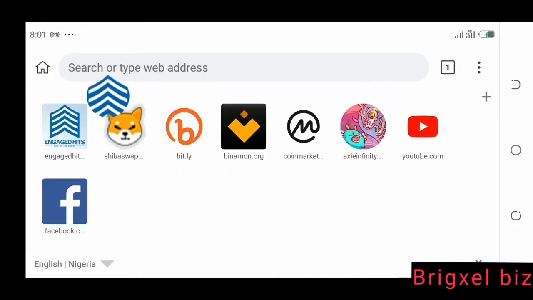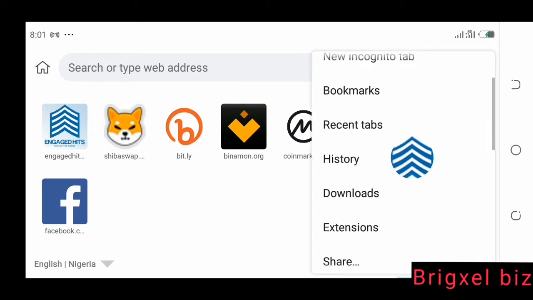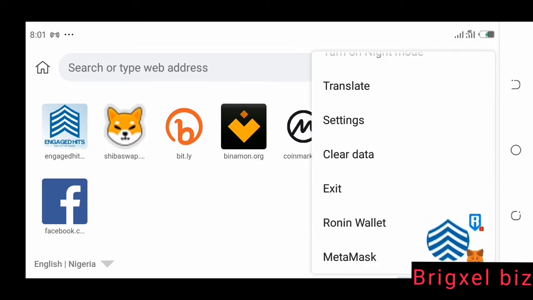Now, this is Kiwi browser. If you click these 3 dots and scroll down to this place, you're gonna see Metamask here. Okay, so I have Metamask as an extension. That's exactly what the video I was talking about teaches. It shows you how to add Metamask as an extension to this browser on your mobile phone. Okay, that's exactly what I'm talking about. So you click this Metamask here,